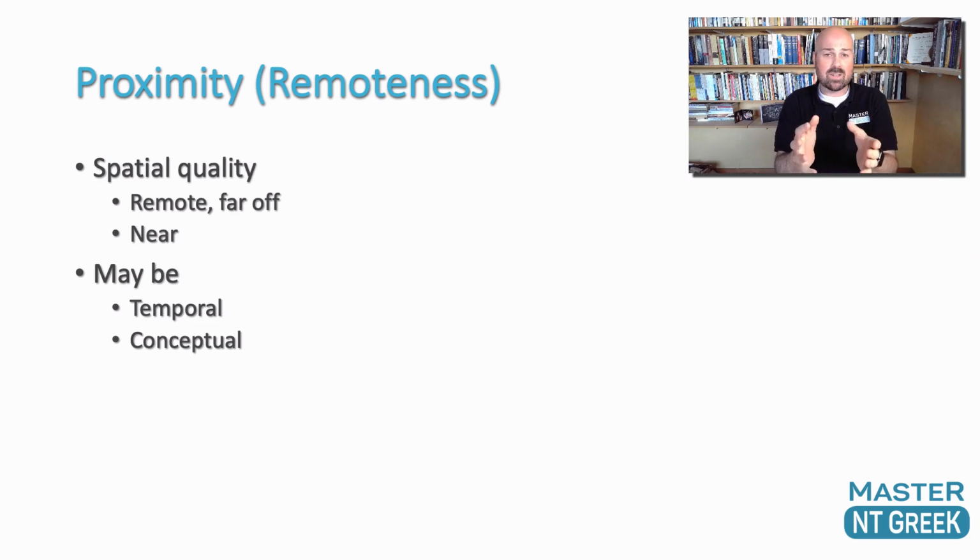Okay, and this is still from the perspective of the author. So the author is conveying an event using this idea of aspect and using this idea of remoteness by choosing the tense form that he's using. And so when we talk about this as a spatial quality, this idea of proximity or remoteness, we don't mean it's referring to distance, okay? It may refer to distance, but more likely it's going to refer to time, or it's going to refer to something conceptually.